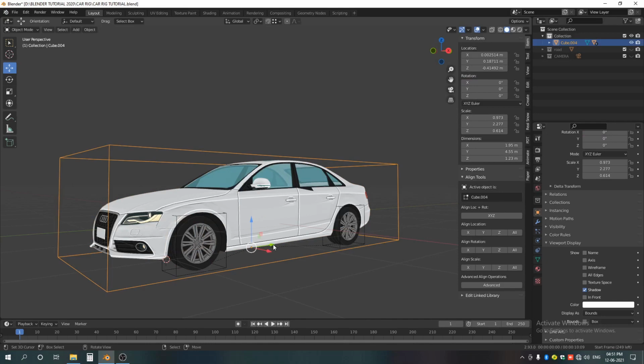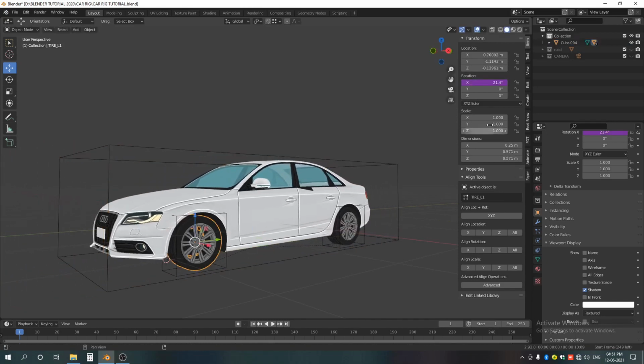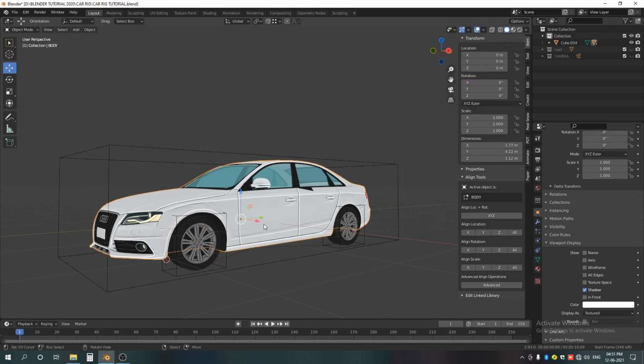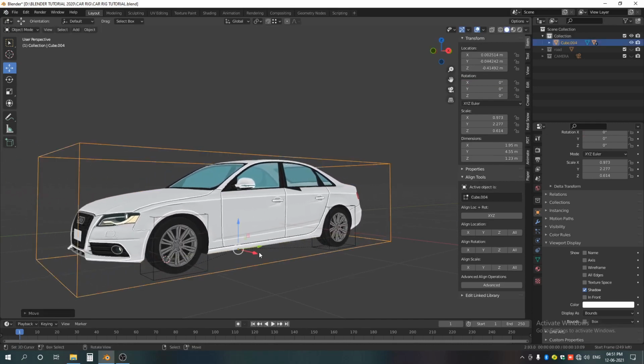And now if you move that here, you can see that my tire is moving but in the wrong direction. To solve this, just edit the driver, and we just put a parenthesis and add a negative value in front of 2, so it should work like this, you can see.